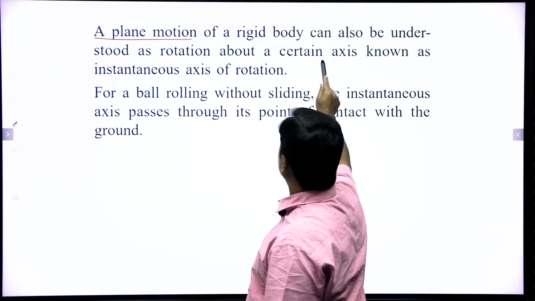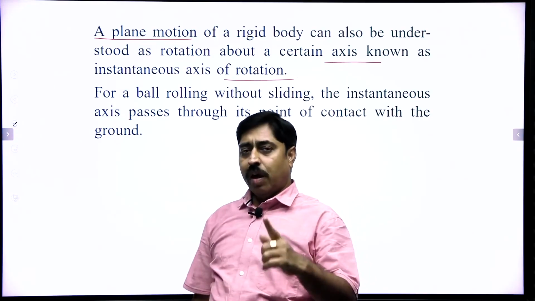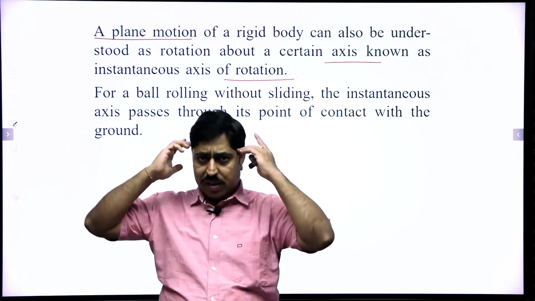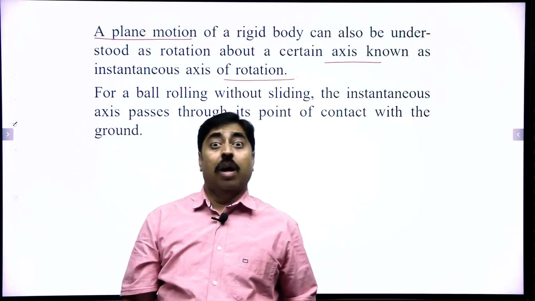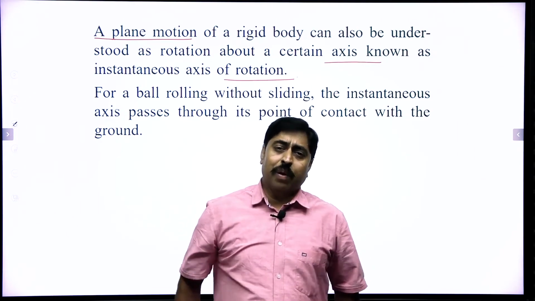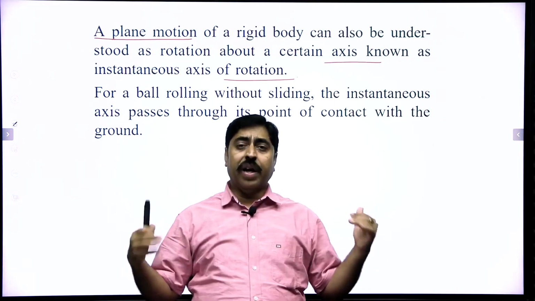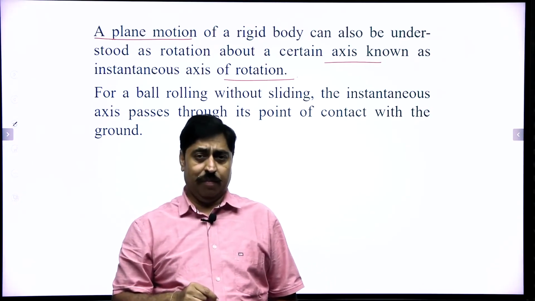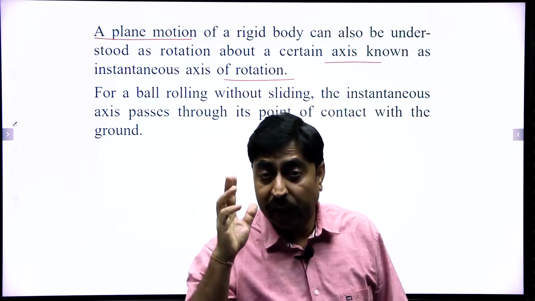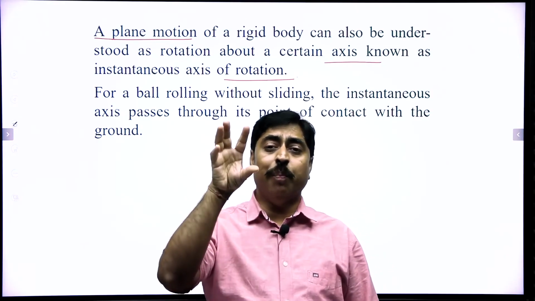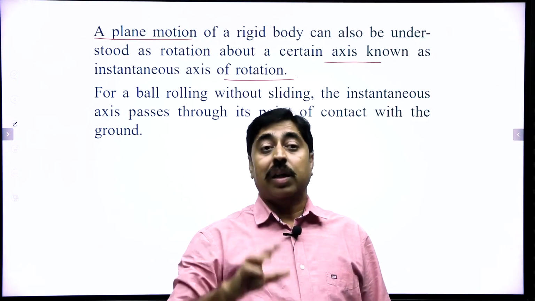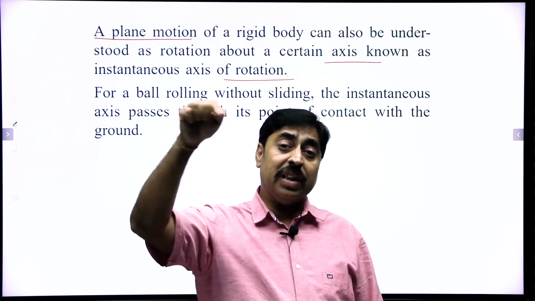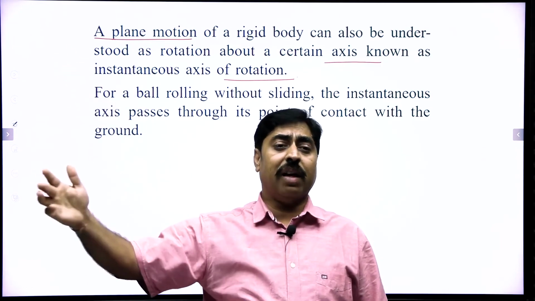ओके, तो एनी प्लेन मोशन कैन बी अंडरस्टूड एज रोटेशन अबाउट अ सर्टेन एक्सिस नोन एज इंस्टेंटेनियस एक्सिस ऑफ रोटेशन। अभी तक मैंने ये कहा कि भाई रिजिड बॉडी के मोशन को समझना है तो सेंटर ऑफ मास का चलना और सेंटर ऑफ मास के अबाउट घूमना, ऐसा मन में याद कर लो, कई एग्जाम्पल दिए। अब मैं एक डिफरेंट बात कह रहा हूं, मैं कह रहा हूं कि रिजिड बॉडी के प्लेन मोशन को समझने का एक और तरीका है, हम बॉडी के अंदर या बाहर एक ऐसा पॉइंट, एक ऐसी एक्सिस ढूंढ सकते हैं जिसके अबाउट बॉडी को प्योर रोटेशन में माना जा सकता है। दिस पर्टिकुलर एक्सिस इज नोन एज इंस्टेंटेनियस एक्सिस ऑफ रोटेशन। जैसा नाम है इंस्टेंटेनियस, इस इंस्टेंट के लिए एक्सिस ऑफ रोटेशन है ये। द इंस्टेंटेनियस एक्सिस ऑफ रोटेशन मे इटसेल्फ